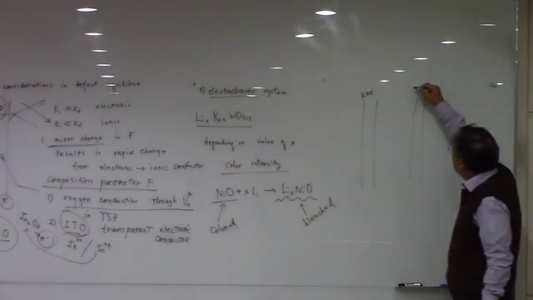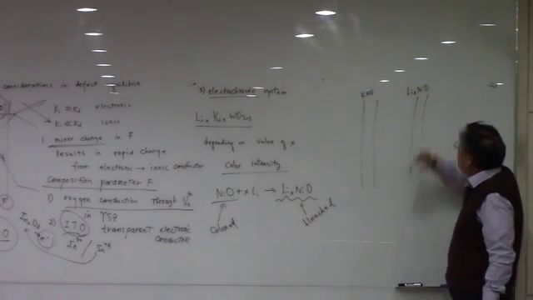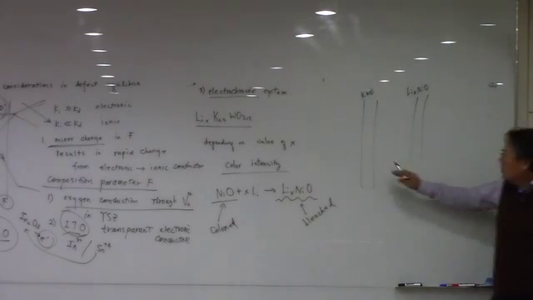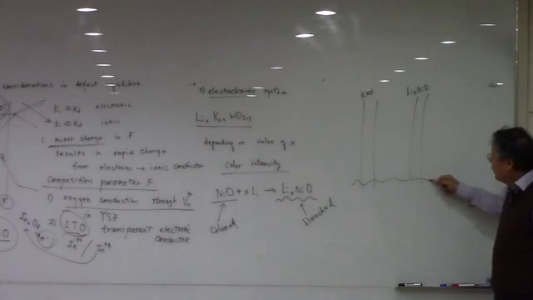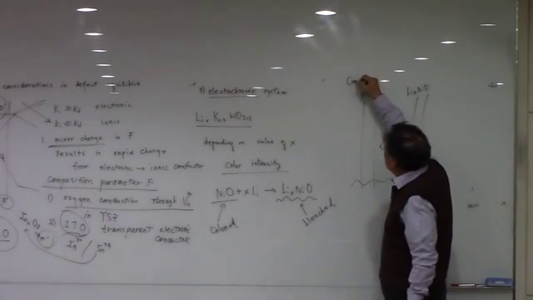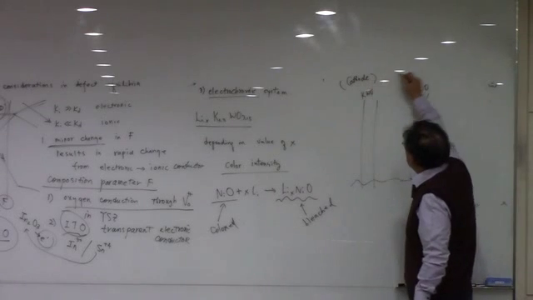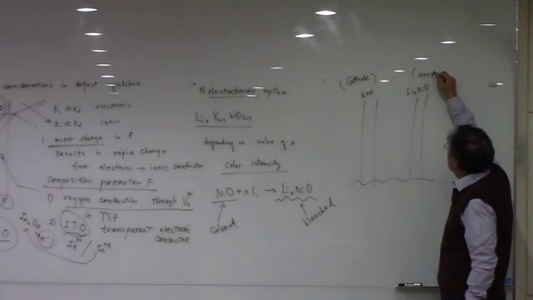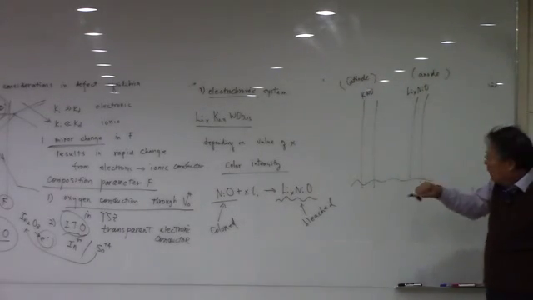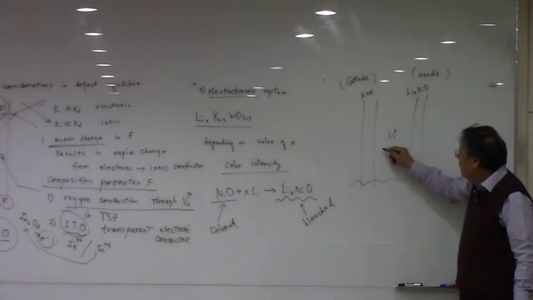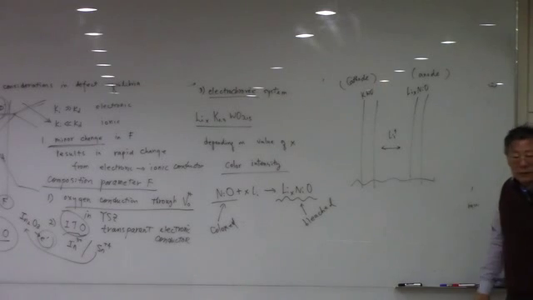And then you originally put some amount of lithium into this, so that this is a cathode, and this is going to be the anode. Okay? And then here you have a lithium ionic conductor,